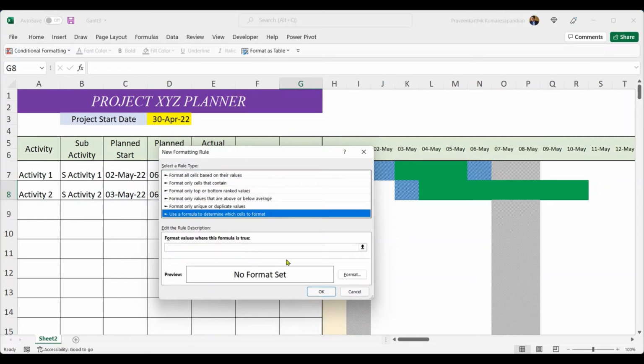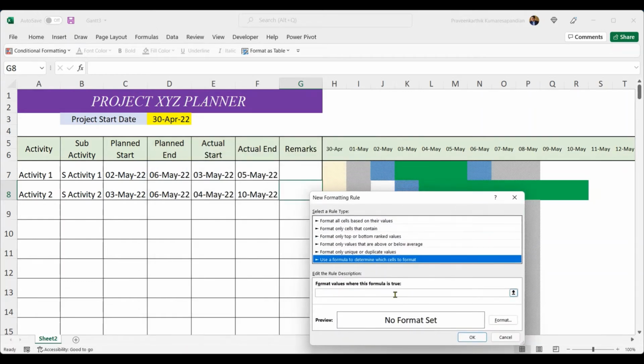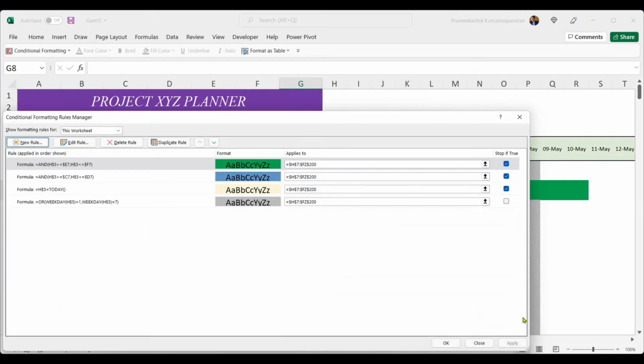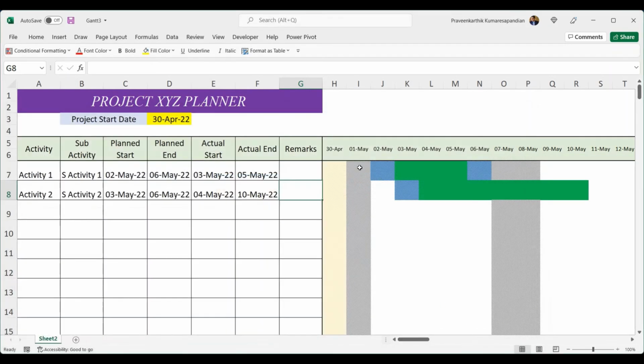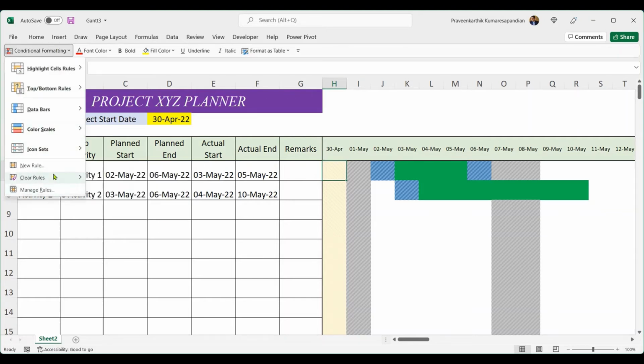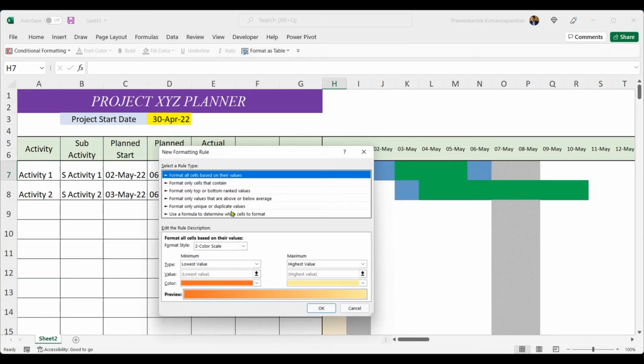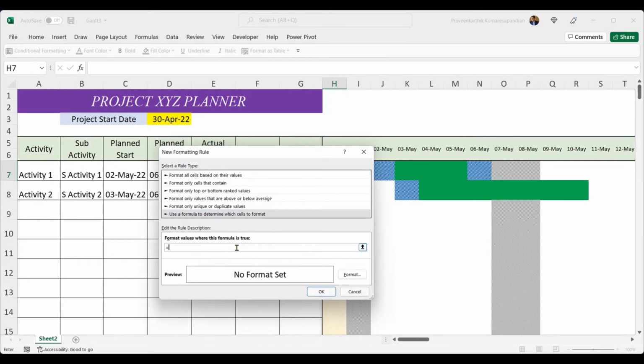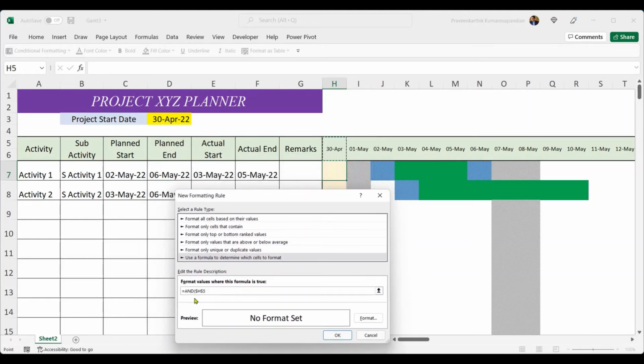Now in order to highlight the delay, we are going to write the same things, but we are going to add one more condition. Before going into the new rule, we should not forget the basic, that is keep the cursor here. New rule, use the formula, and so you should start from H5, $5